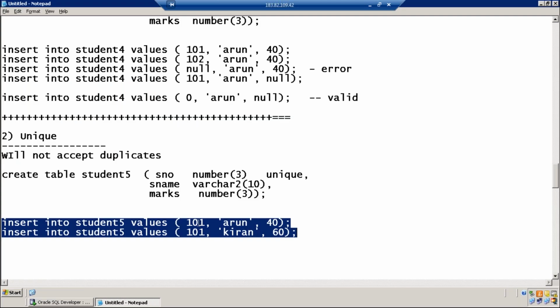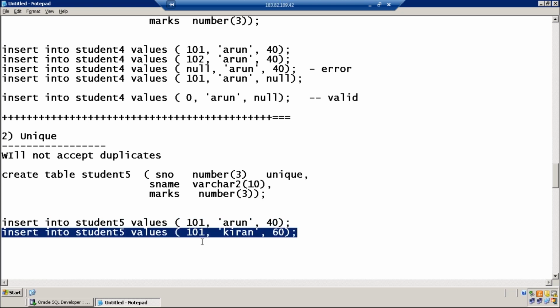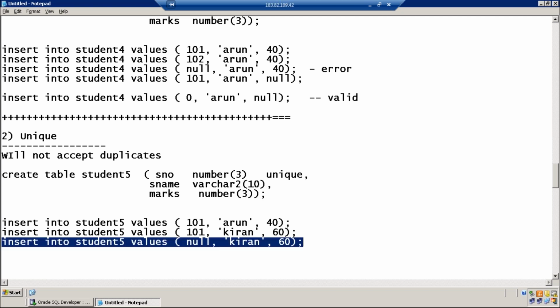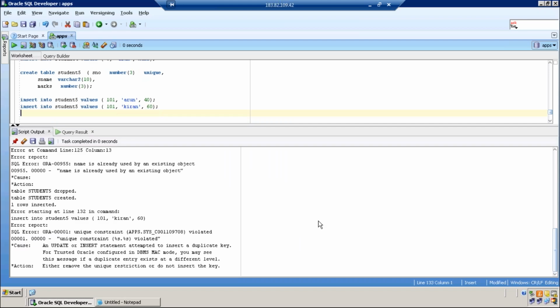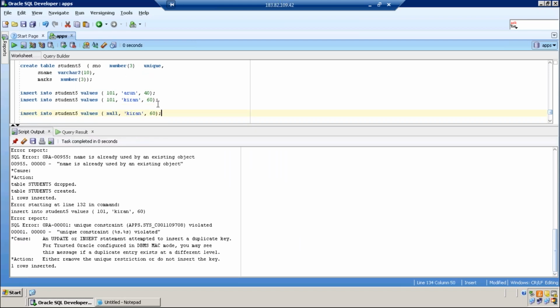Every student should have a unique number, so it errors out. Jamal, third insert command valid? Yes. Perfect, it is valid.